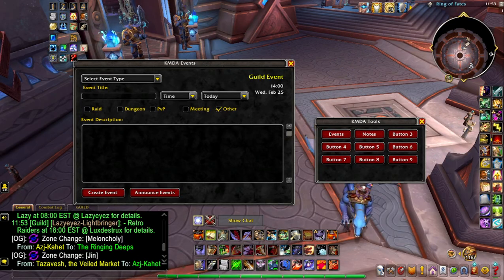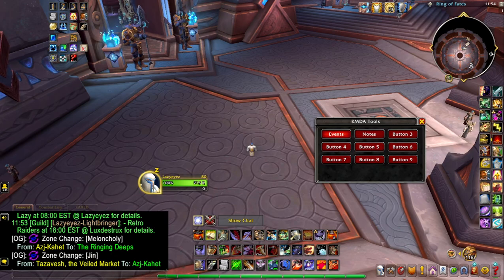So anyway, once you create your events or when you log in and you notice there's some events on the calendar, just come and click this button and that will just let everybody know in the guild what's going on. So we'll close that. The second part I worked on today was something that Lux wanted, and that's the notes